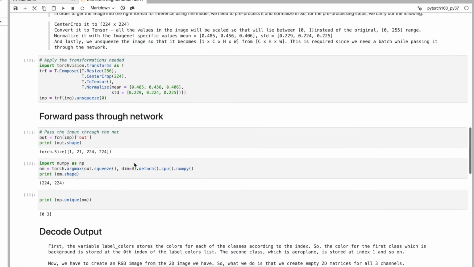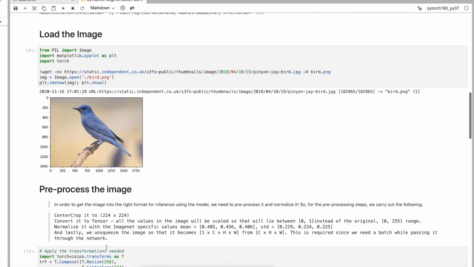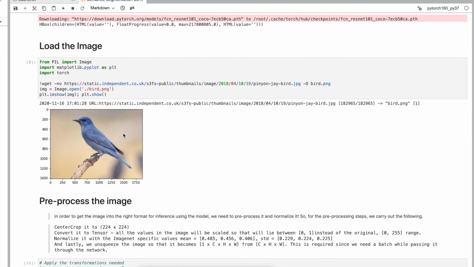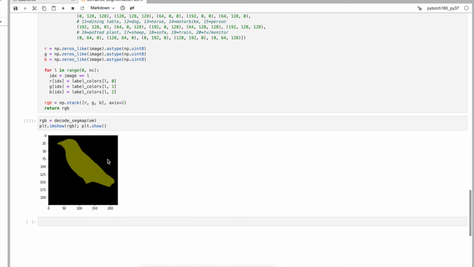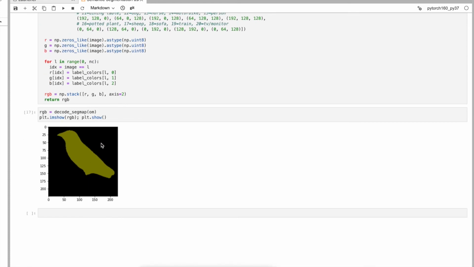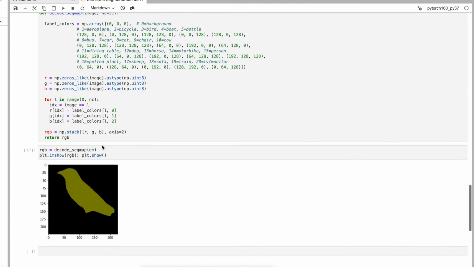The output is like this: this is the image, and we classify it as background and object. Each pixel is classified, so this color of pixels is classified as a bird, and apart from this it is classified as background.